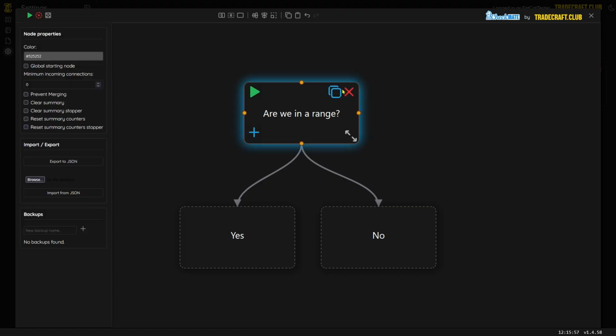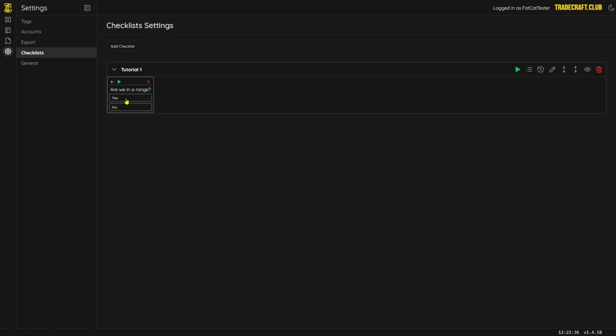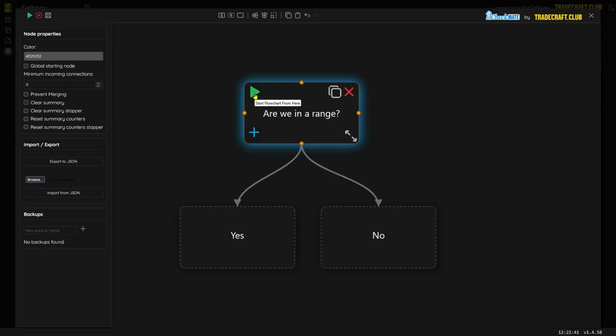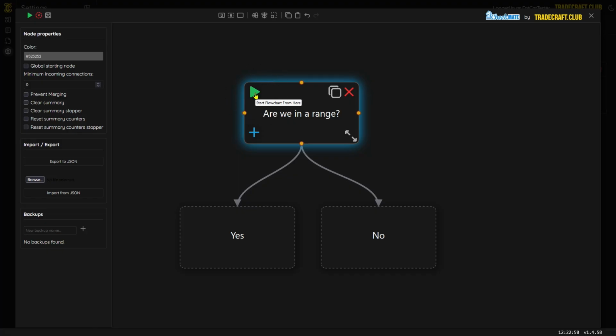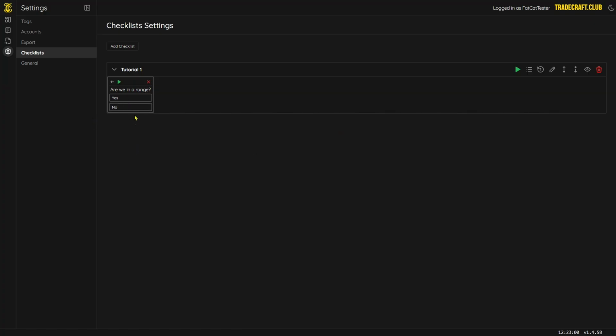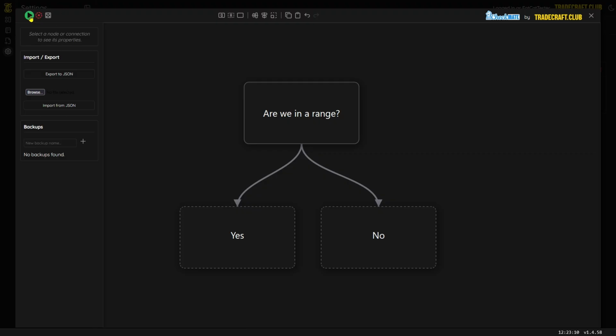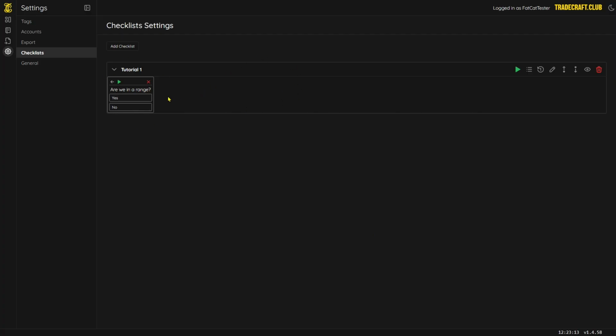You can see there is a play button on the question node. We can see the checklist starts over, so we'll hit this end of path, come back in, click this play button, and now it has started over. We'll press no. It is simply the same function as this arrow here. So this arrow here and this arrow here are the same in the sense that they are responsible for this sub checklist. This arrow up here and this arrow up here starts all of your checklists over, as you can